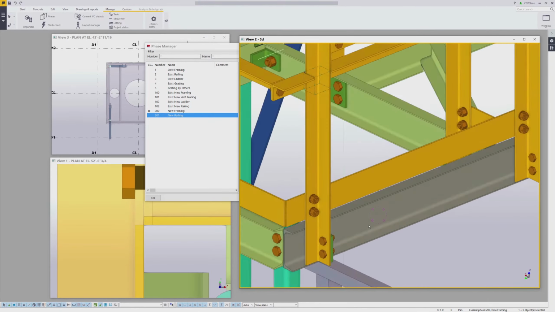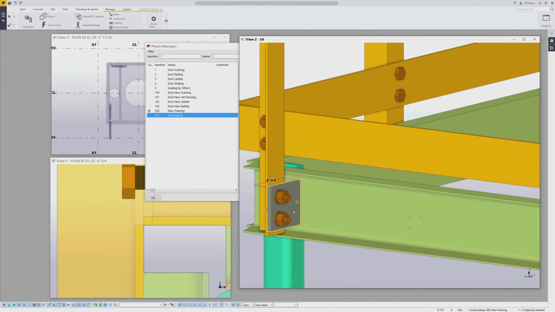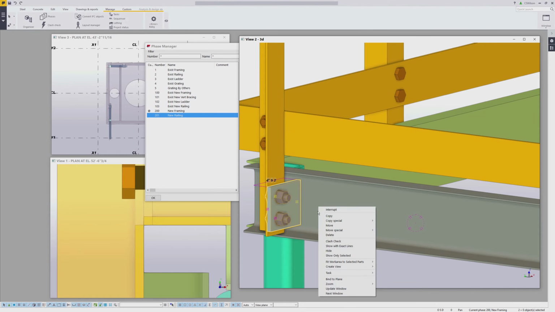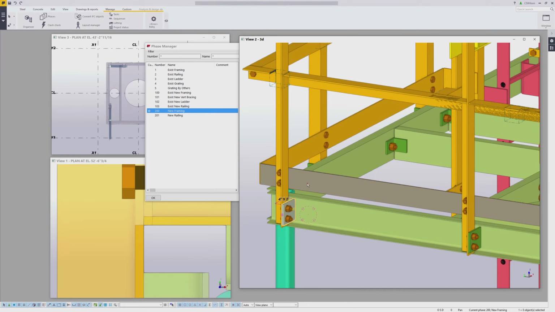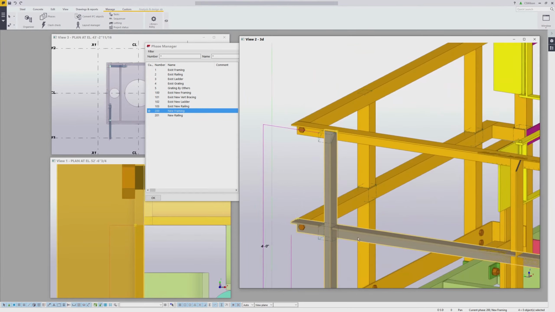Now I want to go to this plate with its lugs, and we're going to go to our phase manager, new framing, and modify phase. And in that one we do not want to attach it to this member because this is an existing member, so that's going to end up being field welded, so it's going to be its own plate. In addition to that, we want to select all of these pieces,